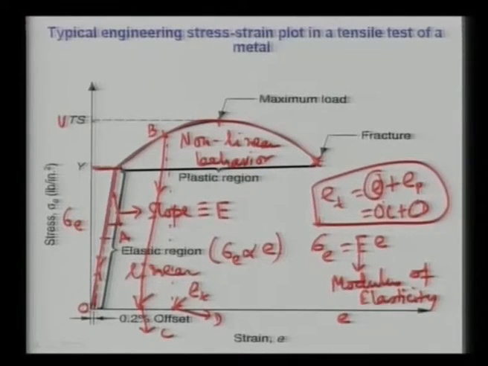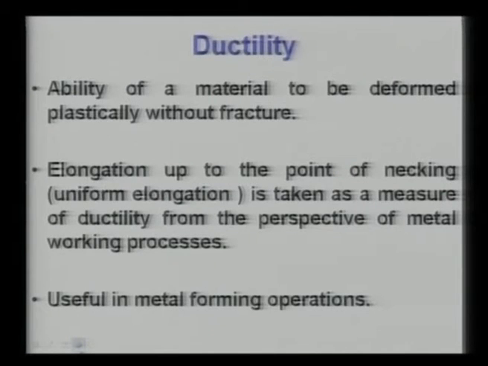So this is the load, suppose this is the load F max, and your original area of cross section is A naught. From that you can find out what is the ultimate tensile strength of this material. Now ductility. Ductility is the ability of a material to be deformed plastically without fracture. So that means elongation up to the point of necking is taken as a measure of ductility